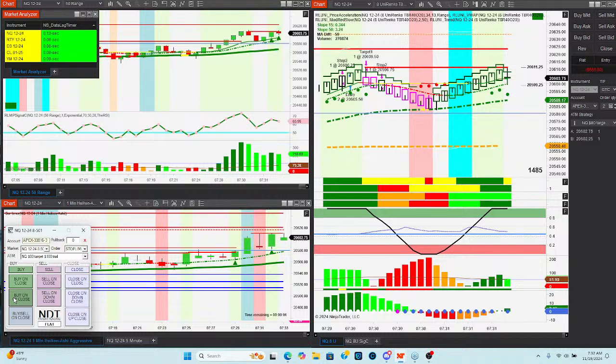Am I getting a double top? Or is it just going to be